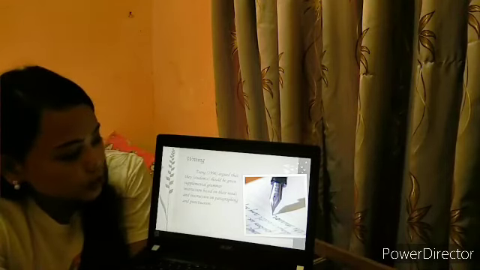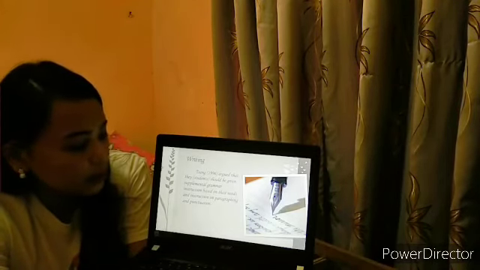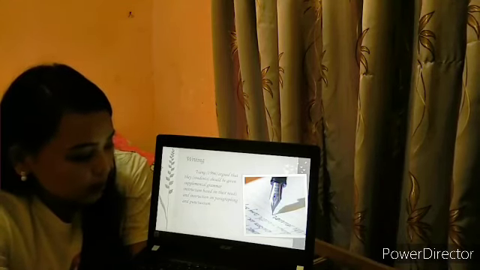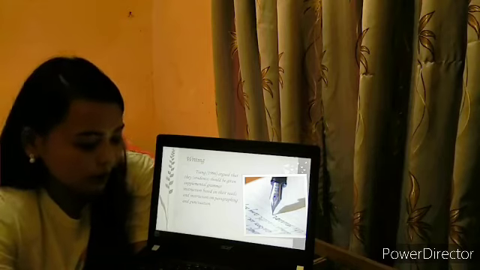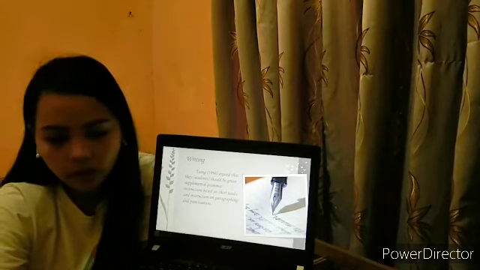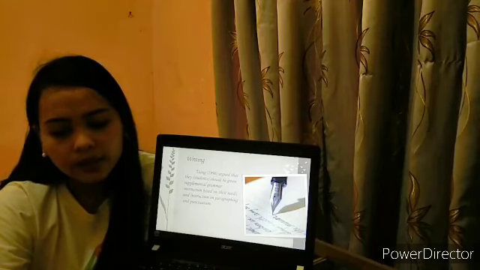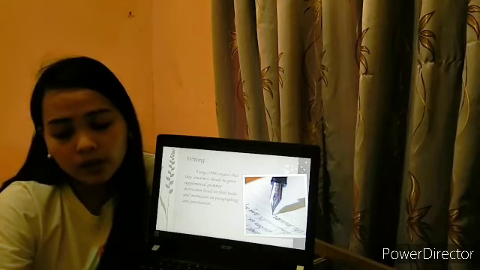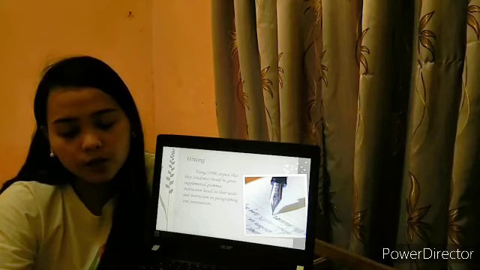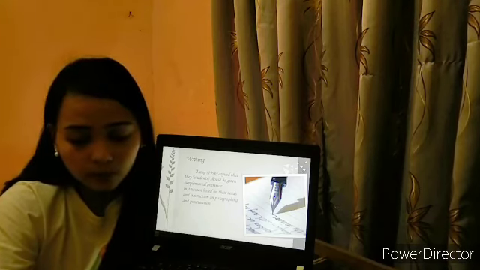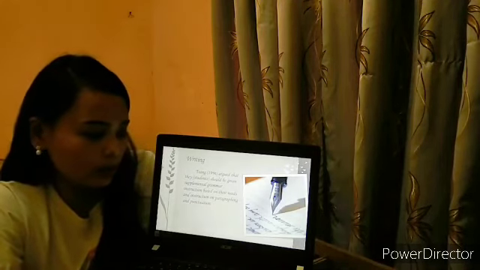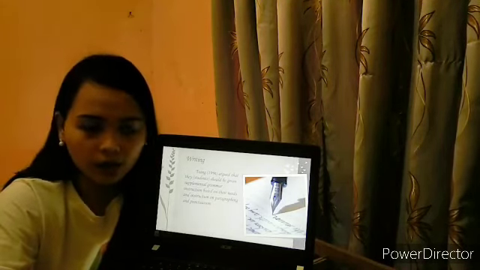And lastly, Chang argued that the students should be given supplemental grammar instruction based on their needs and instruction on paragraphing and punctuation. So the last is Chang. She argued that because of grammar correction, students must be given instruction based on their needs to write effectively and prevent those grammar or error corrections.